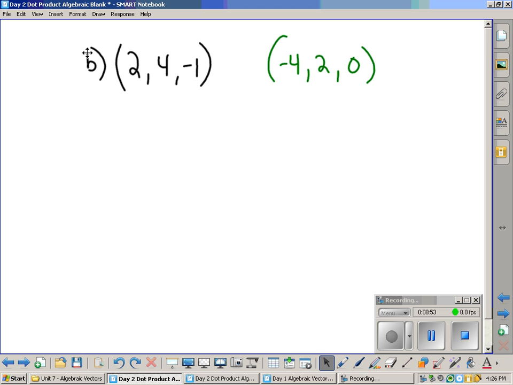First, let's just double check that in fact it is perpendicular. So do the multiplication. Negative 8, positive 8, and the last one is 0. So of course that adds up to 0. Now why is it cheesy? Well, if you look at it,